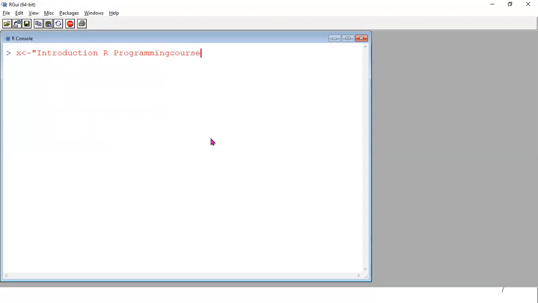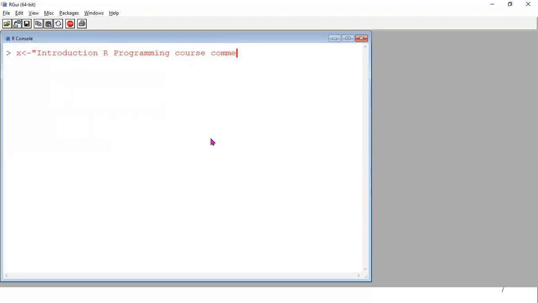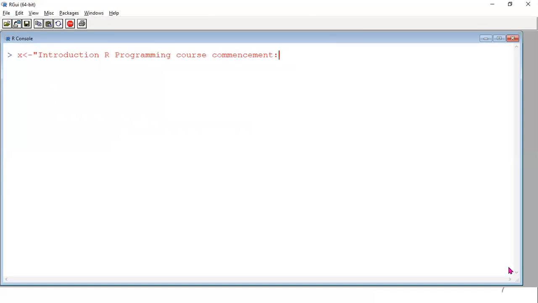R programming course. Then commencement. So the commencement date, when our course was started, 1st July 2020. This is the first vector.